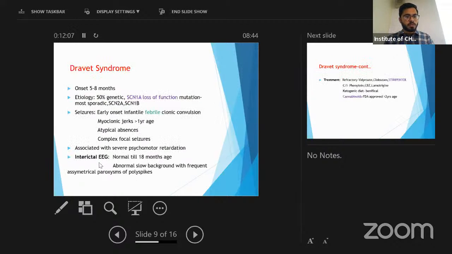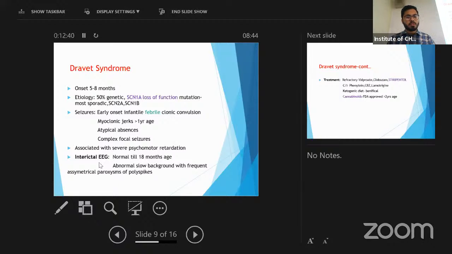Now, Dravet syndrome. Dravet syndrome onset is 5 to 8 months. 50% of cases are genetic, which may be due to SCN1A loss of function mutation, and then SCN2A mutation, SCN1B mutation. Seizures: these are usually infantile febrile chronic convulsions, which are more recurrent than the normal febrile seizures, in which there is the